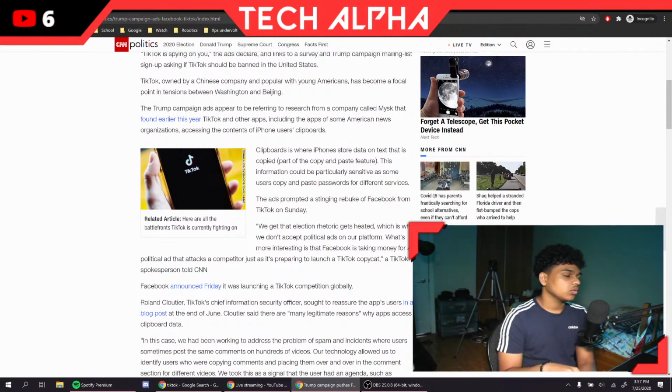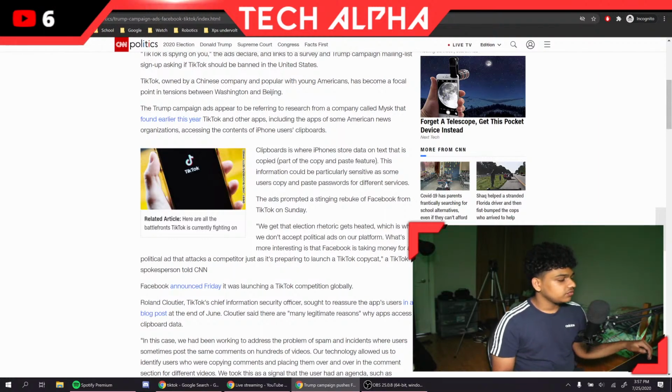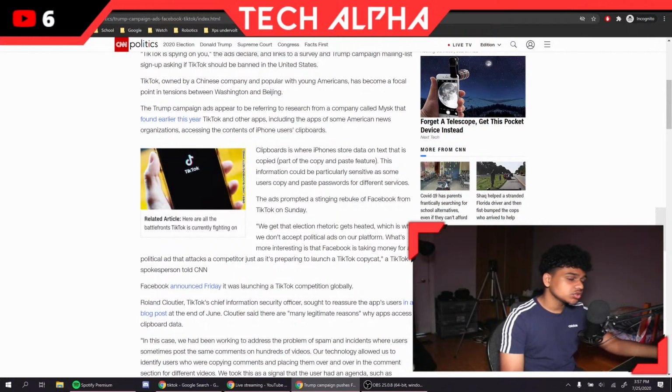So basically TikTok is saying, we're innocent. US news apps do the same thing. It's industry standard, and we feel we're being targeted by Facebook because Facebook is looking to start a copycat version of our application, which could be true.